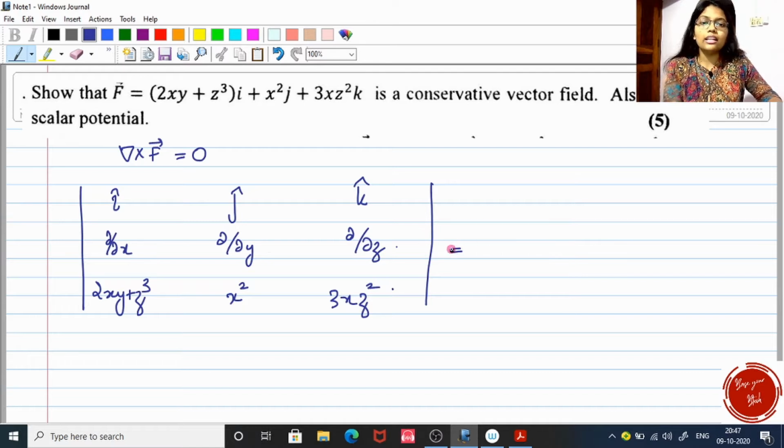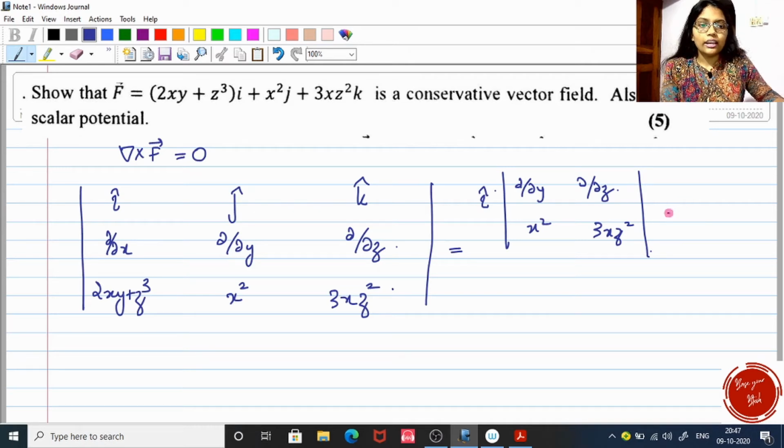So let's take the determinant, which means first row, first column element, that is i cap, and when I cut the row and column of the corresponding element, we get the balance, that is dou by dou y, dou by dou z, x square and 3xz square. Next, negative j cap into determinant of this 2 by 2 submatrix, that is I have to cut this row and column corresponding to this j cap, then we will be left with dou by dou x, dou by dou z